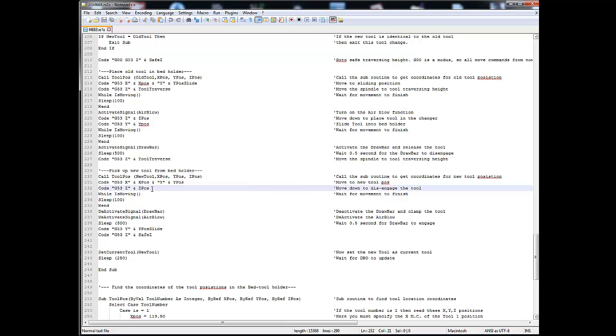So that is the engagement. Move down to disengage. That is wrong. That is move down to engage the tool. Wait for all movement to stop. Now I simply deactivate both the drawbar and the air blow. So that means the air has been blowing the entire time from dropping the tool to picking it up, and that's simply to clean everything there. You can do whatever you want with the timings of this. So now the drawbar is disengaged and it's clamped the tool. The air blow is turned off, so now the tool is in